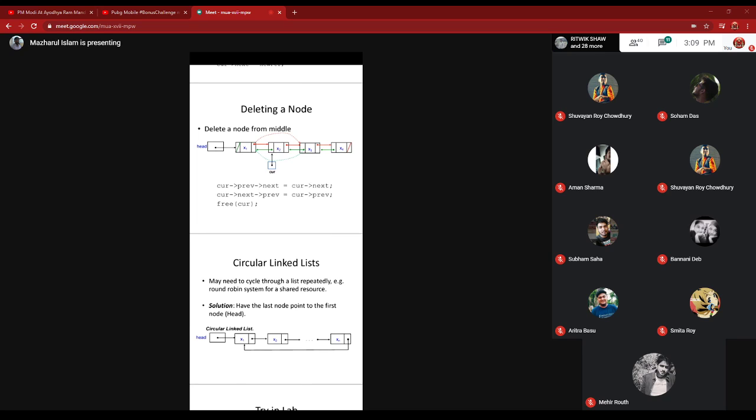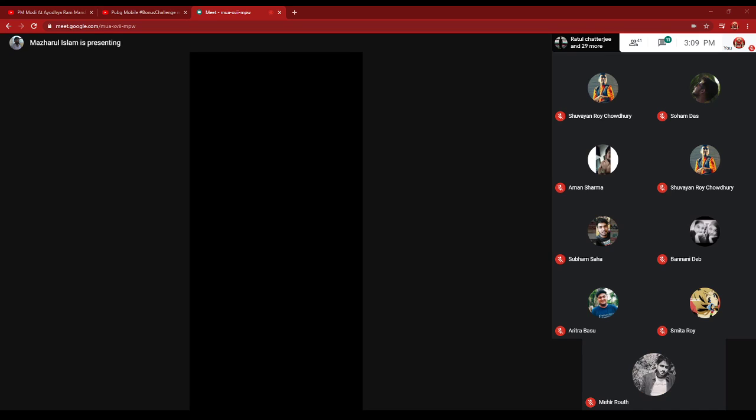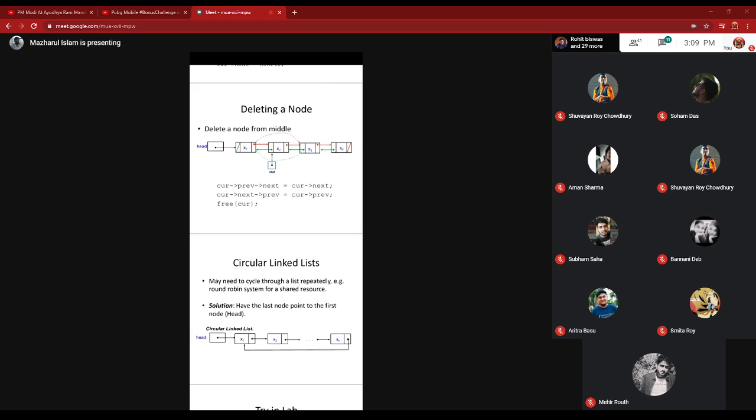Now using one pointer car, initially car equals head. Now check whether car item is equal to x2. If it is not, check for the next node. When car item equals x2, you will pause there, because you have reached that particular node x2. Now what to do? The node which is situated before the car pointer should relink with the node which is situated after the car pointer.